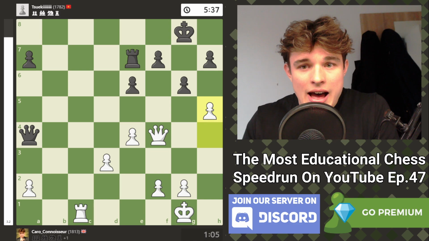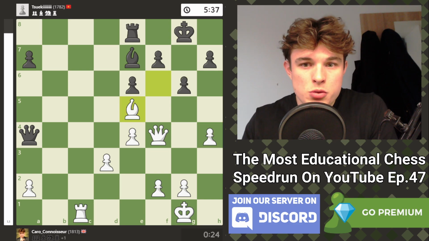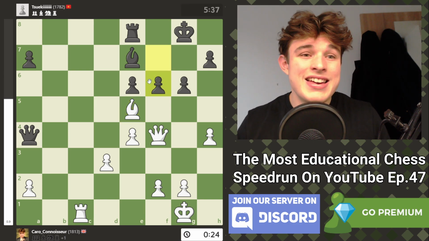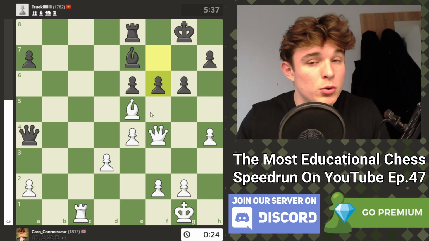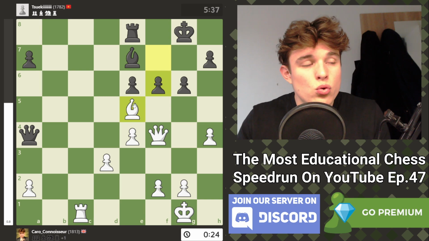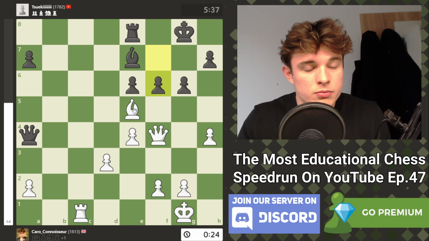Interesting. What did I go for? I went bishop e5, keeping the bishops on the board. And here, I thought f6 was the best move. Weakening, but probably the best move. The point being, the two squares I want to go to...